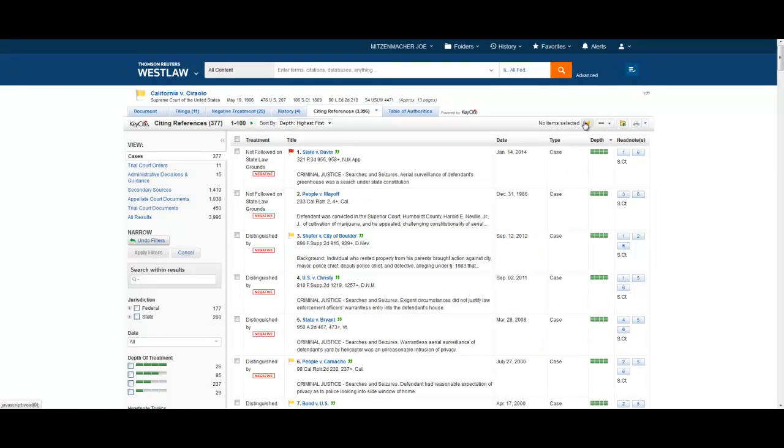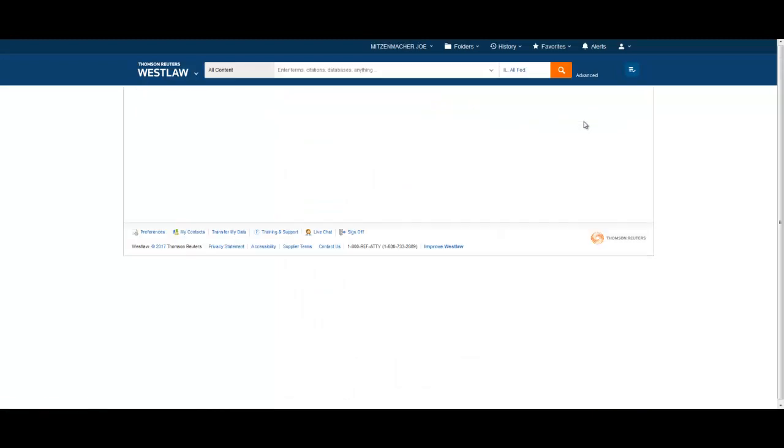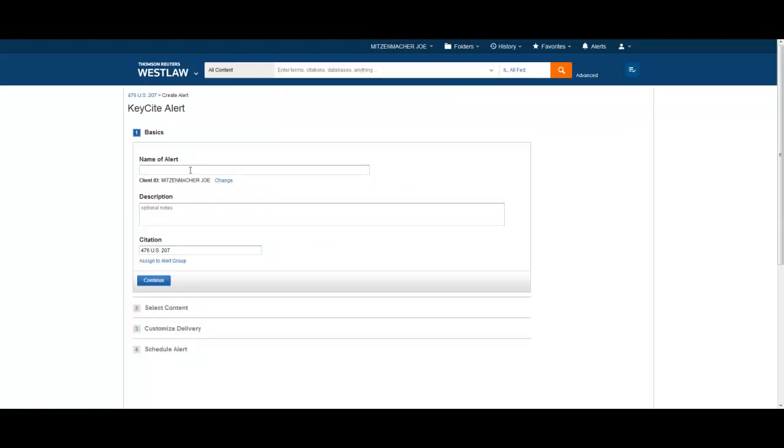And then you will click on this bell, and then you can create a KeyCite alert. So right here it says KeyCite alert. You just fill in the name of the alert, the description, how often you want it delivered. You can have it delivered every day, and that way you will receive an email. If you want it every day, if you want it once a week,